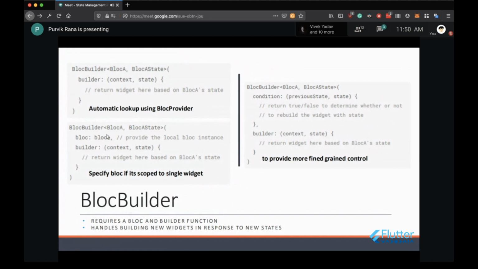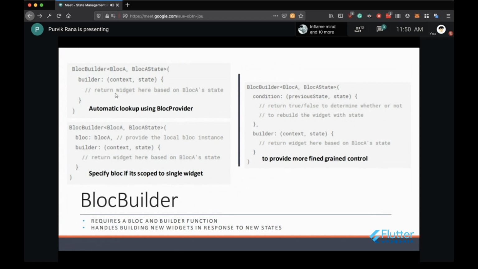Let's say we are creating the instance of this, and we can directly assign this value to this particular block. So that will provide the local block instance to this particular block. And it is scoped to the single widget. So for a single widget you can associate this particular block in that way.